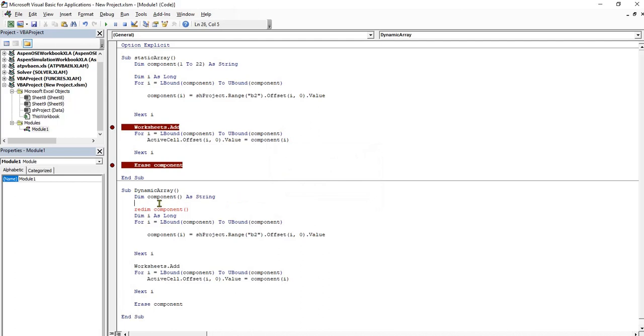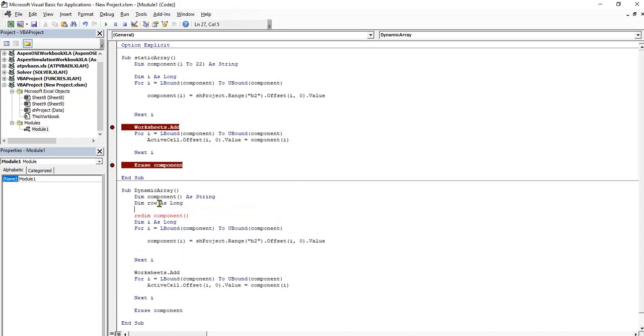Now let me define a variable. Let's say row. Let me say Dim row as Long. Now let me assign a value to row. The value I will assign to row will now be,